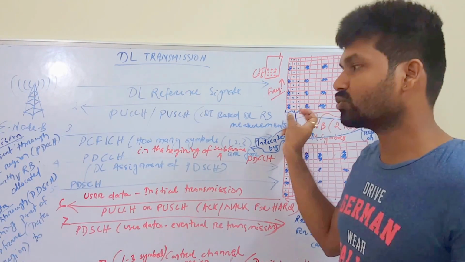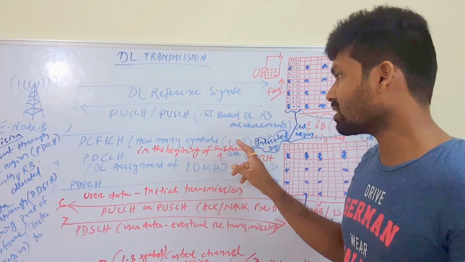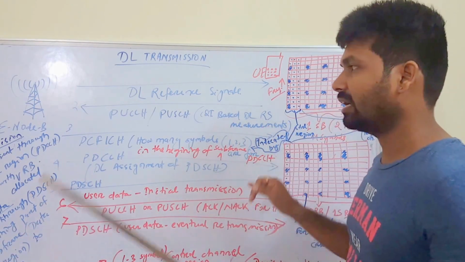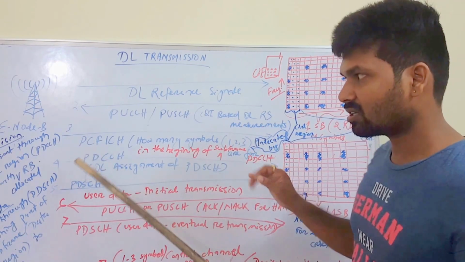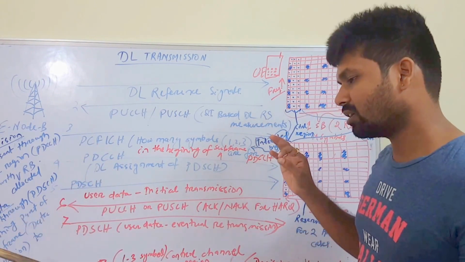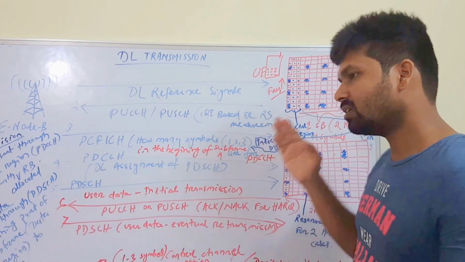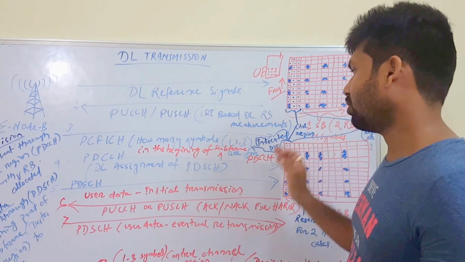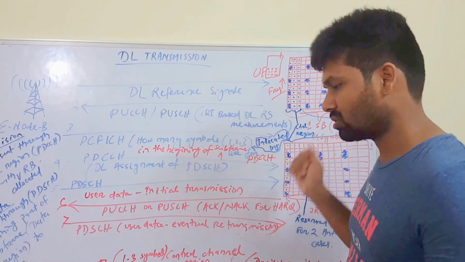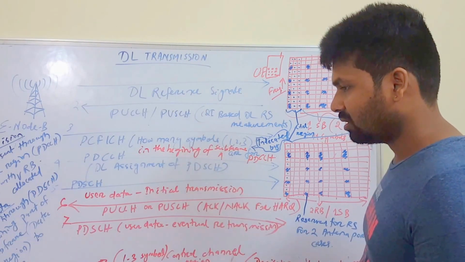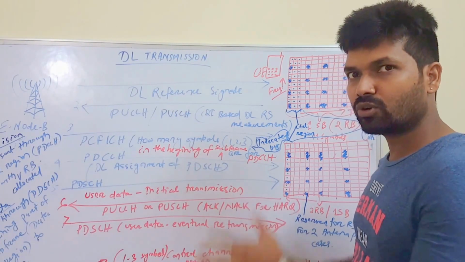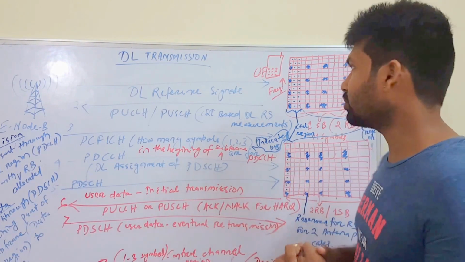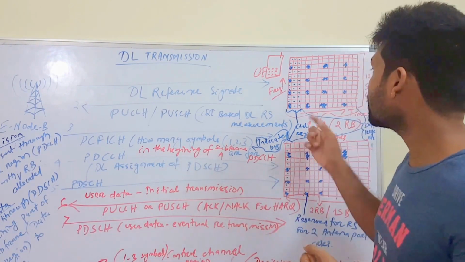How many symbols are used for PDCCH transmission? 1 symbol, 2 symbols or 3 symbols. So let's understand what this is. It is just an indicator channel which tells how many symbols there are for PDCCH transmission. I hope you already know about the resource block, scheduling block and all. If you have not seen it, please check our other videos on resource block and scheduling block.